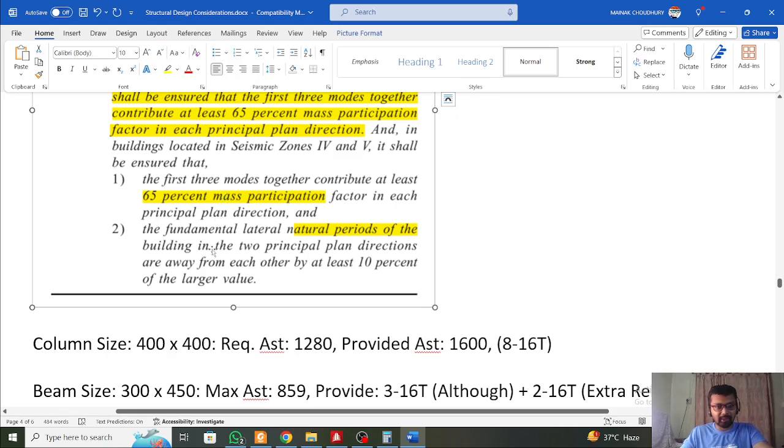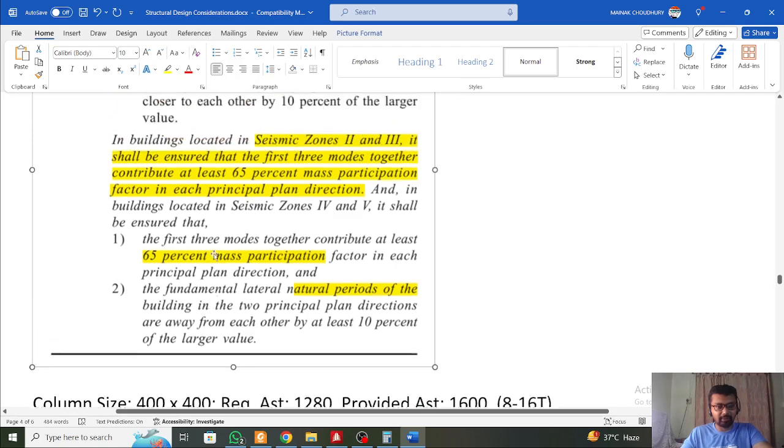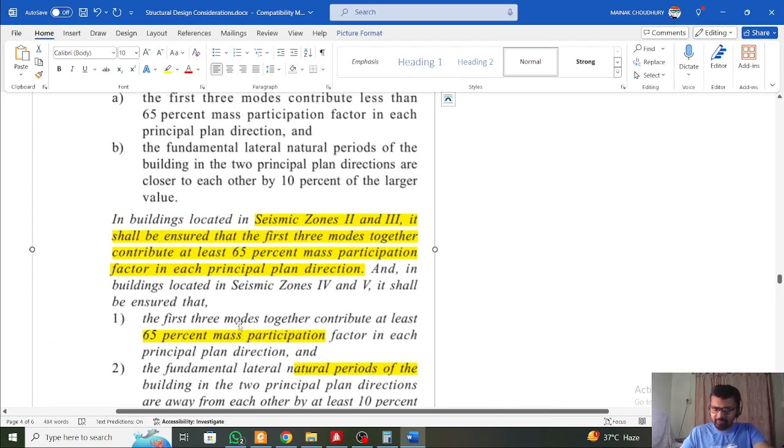I've heard from professors that this second one will be changed, so we're not focusing on the second one, we'll just focus on the first clause. Okay,